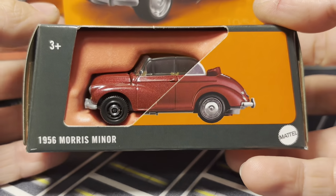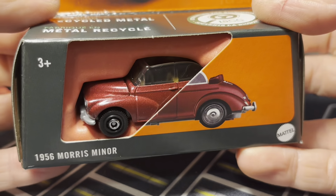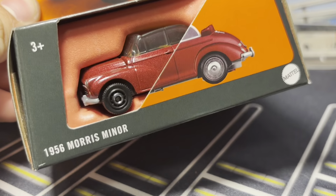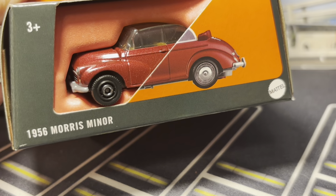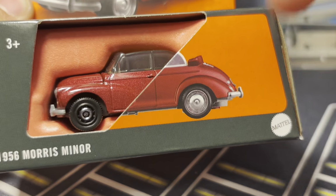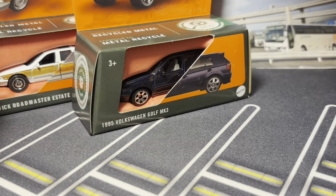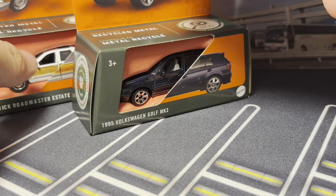Here we have the Morris Minor. This is actually a very nice casting. I don't have anything bad to say about this one. Just not exciting. Okay, yep, here we go again. It's just not the most exciting vehicle for me, but I love the release. I love the metallic red with the beige tan interior. And the hubcaps. I don't know why they gave it premium rims, because that's the premium rim. I think they used it on the Volkswagen Beetle. Not the Beetle, the bus. And, well,